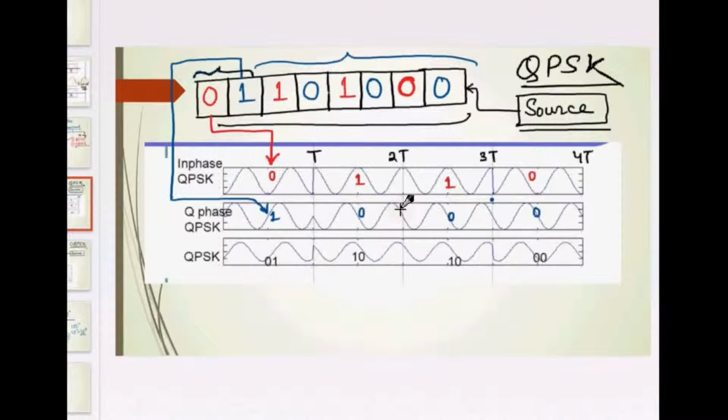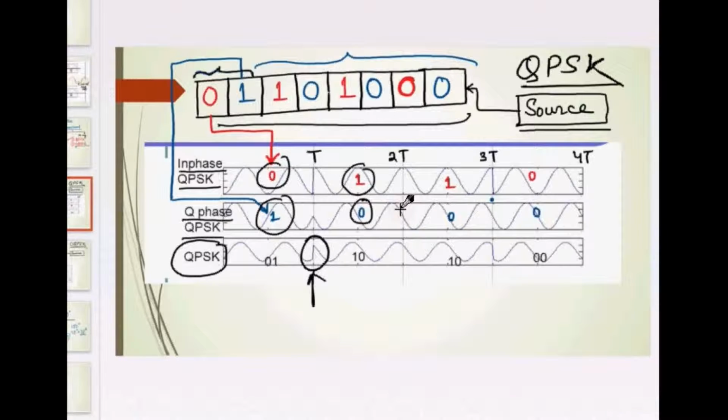So after receiving the data sequence, we are mapping them into a specific waveform, and then we have the in phase component and the quadrature phase component. So in QPSK, we are combining these two, the in phase and quadrature phase components, and we get the QPSK waveform. So observe here, in this case your in phase component has a transition from 0 to 1, and the quadrature phase component has a transition from 1 to 0. So at the sampling instant t, we have a 180 degree phase shift, and in the previous lecture we have seen that this creates a problem in the band limited channel. Due to band limitation of the channel, you cannot detect the phase very accurately,